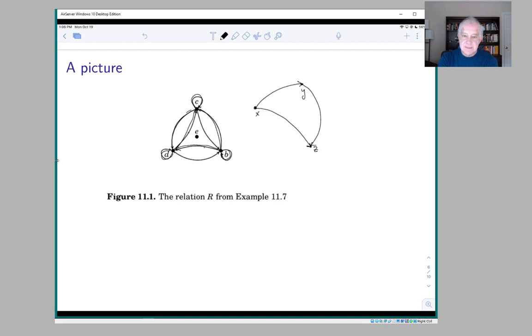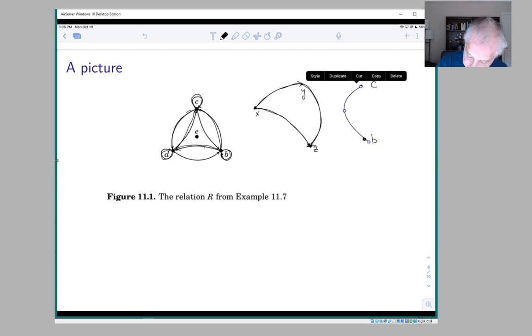And the property that you're looking for is that whenever you have a path joining 2 points, like this one, there's a shortcut which takes you directly where you want to go. And that has to happen, by the way, also, imagine if you look here at B and C, if you can go from B to C, and from C to B,